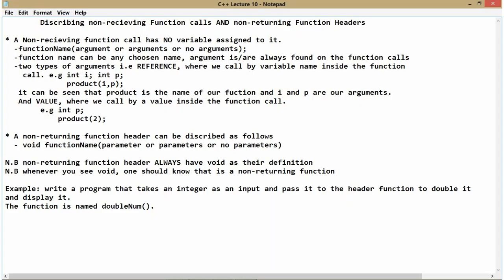Are our arguments. Okay, and now the second type of argument, which is the value type argument, where we call by value inside. You can call by a value or a variable name. Here you have two choices, guys, a variable name inside the function call. Alright, on call by value,